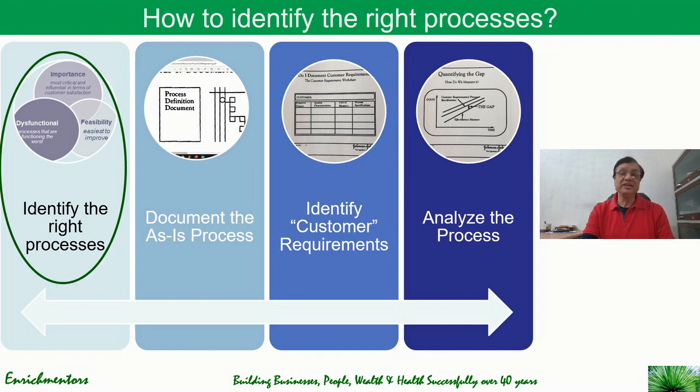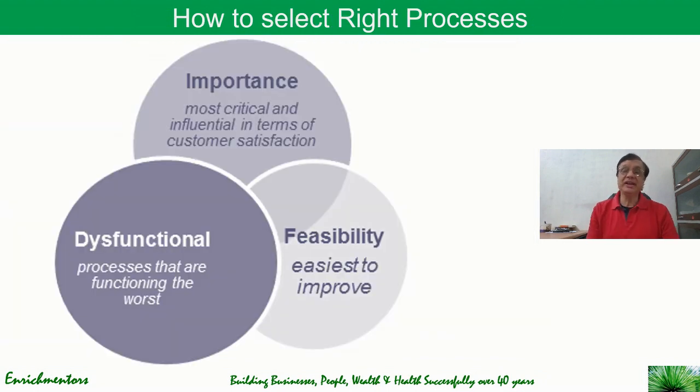So let's look at the first step. How do we identify the right processes? Any thoughts? Okay, so there are three things you need to look at in identifying the right processes. First, you need to look at the importance. So look at the most critical and influential processes in terms of customer satisfaction. Customer meaning your customer, for whom we are trying to develop a solution design. We are trying to design a solution and we want to do that in an excellent way. So most critical and